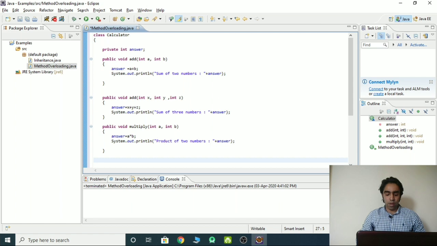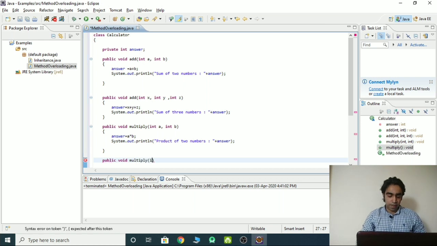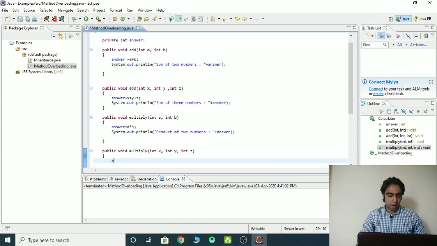Now we are creating one more function, public void multiply, integer x comma integer y comma integer z, bracket start bracket close, answer equal to a into b into c.